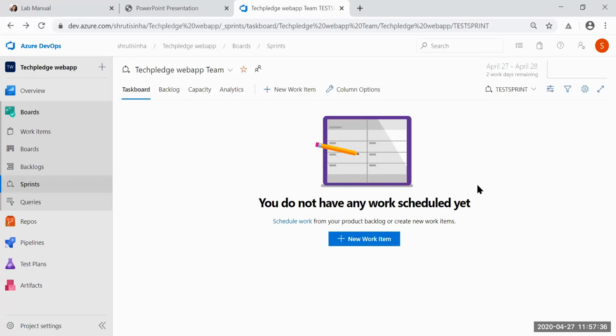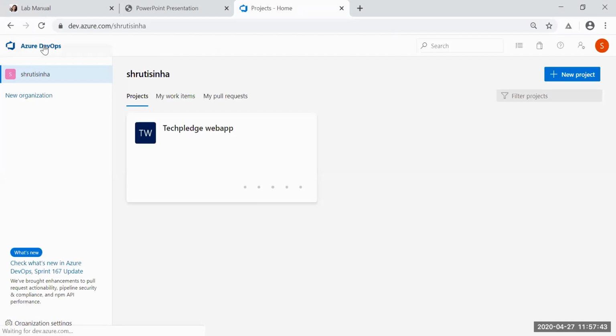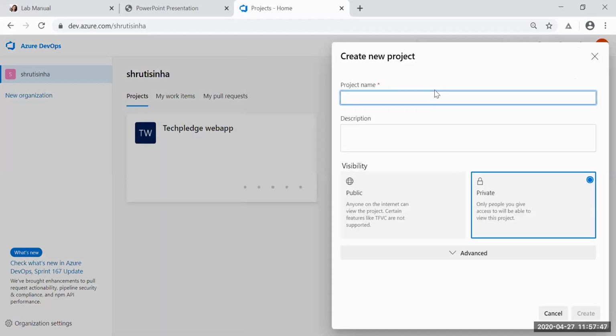Now we will be creating a new project in the agile method. What we did now was basics. Now let's create in the agile method.